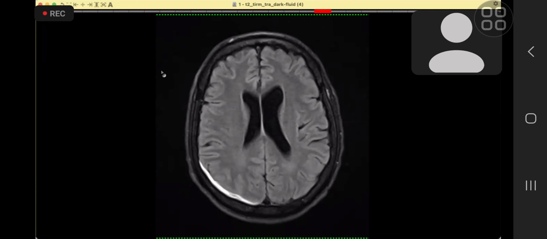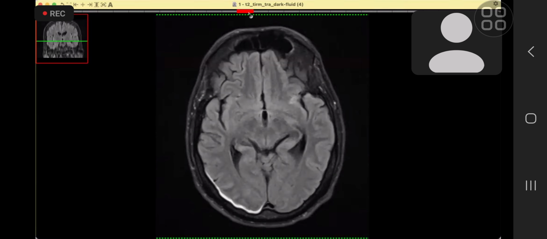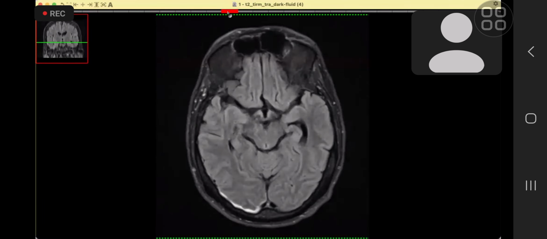Okay, I can appreciate that there are a few scattered small foci of T2 hyperintensity at periventricular location and bilateral deep white matter. It could be related to chronic ischemic changes. I can appreciate that there is another lentiform shaped hyperintensity in the right basal ganglia at the globus pallidus, which can be an acute infarct as well, but I have to confirm it in the other sequences. Let me scroll through the other sequences,